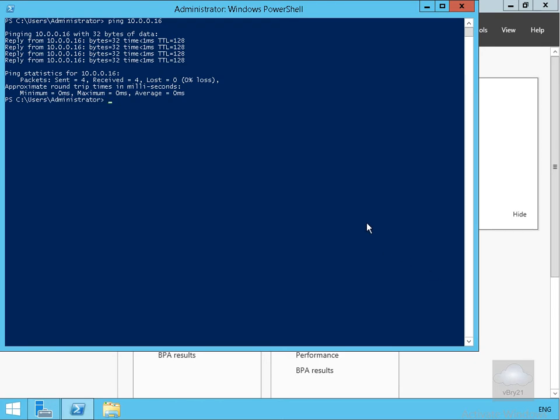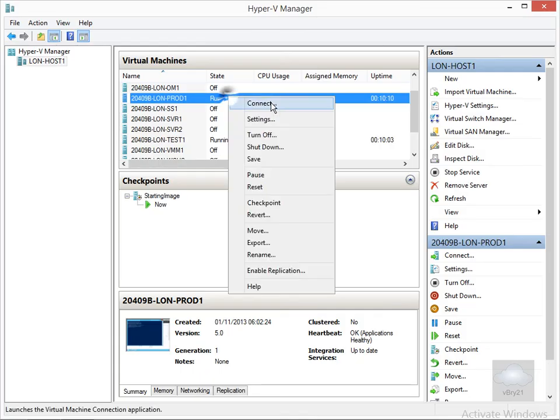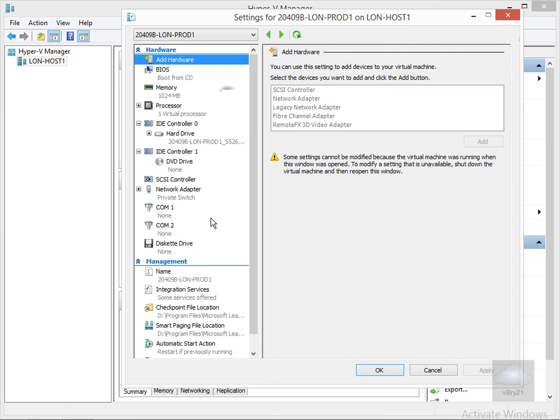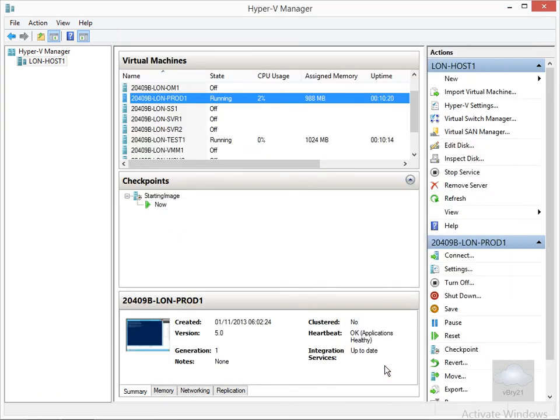Next, we'll move this virtual machine onto a different network. We'll come back to the Hyper-V Manager, edit the settings, come down to the network adapter, and put that onto the external network and select OK. So we've now moved it across onto a different network entirely, and if we come back to the console for the virtual machine,